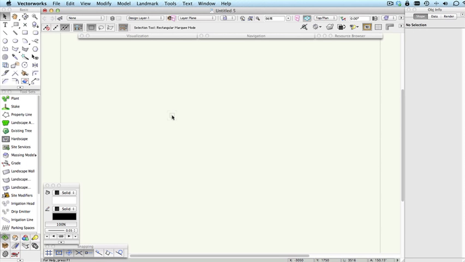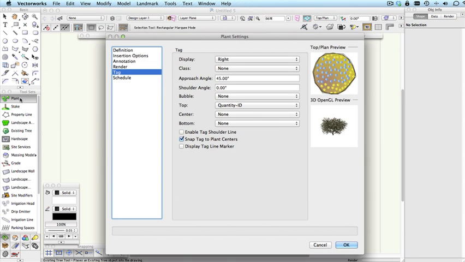In this movie I'm going to look at the default settings for the plant tool, and these have changed in Vectorworks 2013, so it's worth having a look at them. There's a lot more flexibility in what you can do and set up your file prior to placing any plants in it. So when you open a new file, the first time that you use the plant tool, this dialog is going to open,